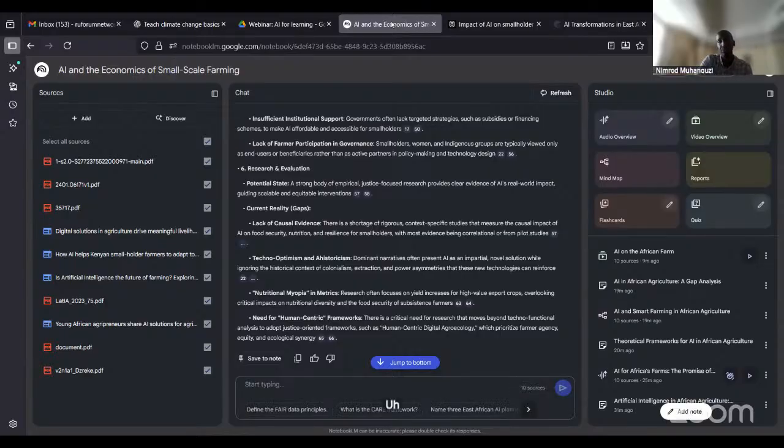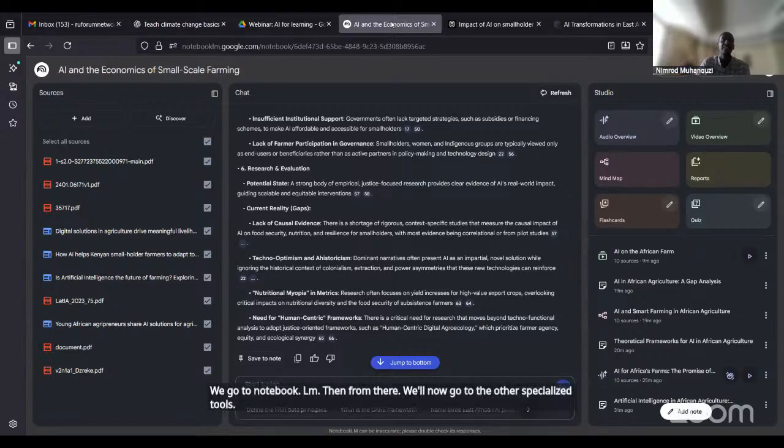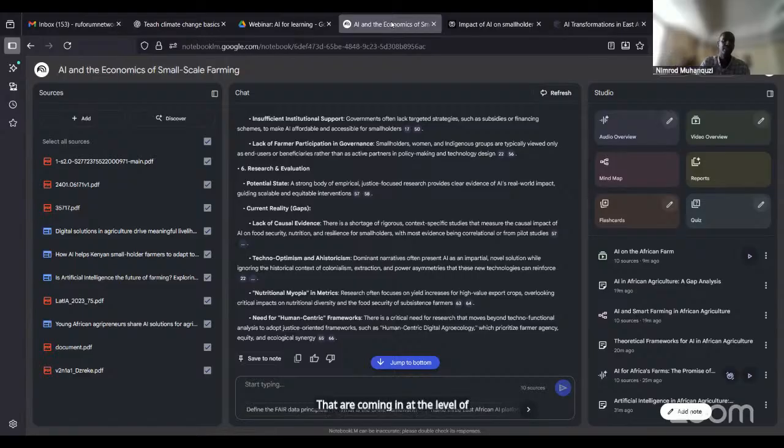We go to NotebookLM. Then from there, we'll now go to the other specialized tools that are coming in at the level of writing and also at the level of verifying and validating. So that, I think, will be tomorrow. My suggestion is you do this on your own, practice with the topic you had, just like we did here. Then tomorrow we'll have a simple